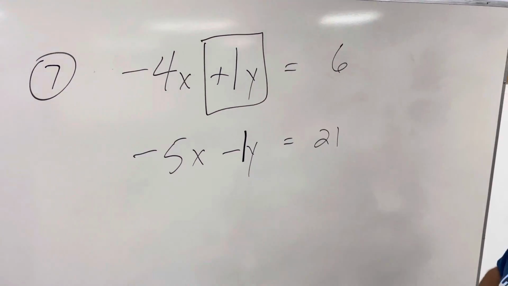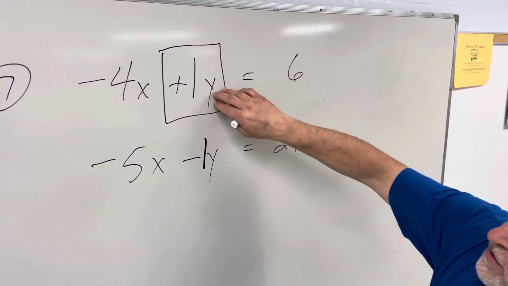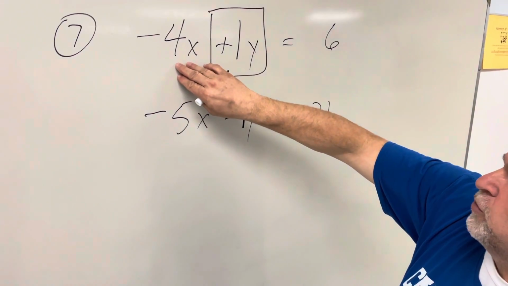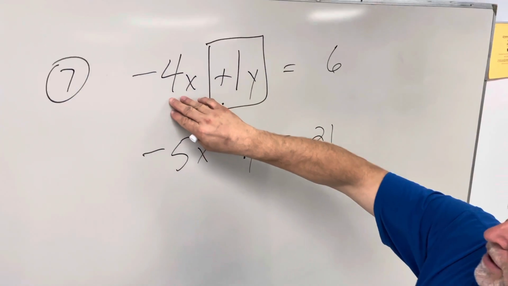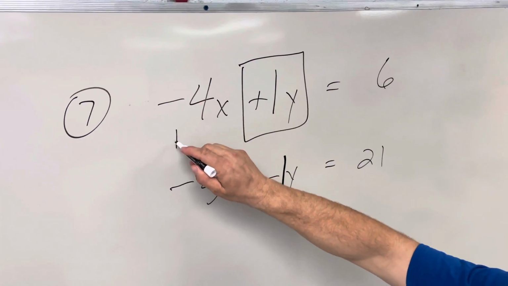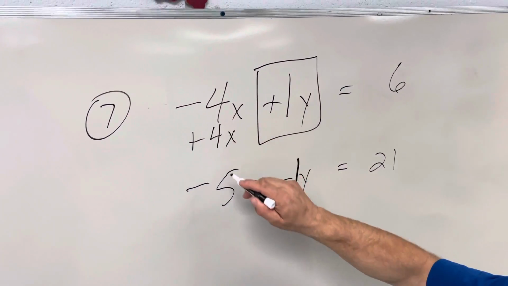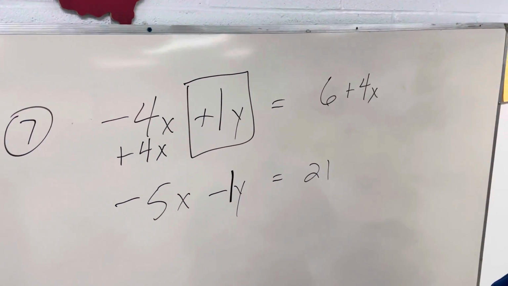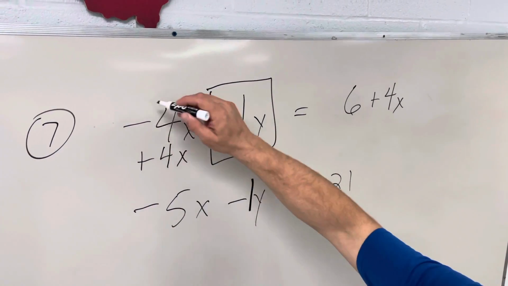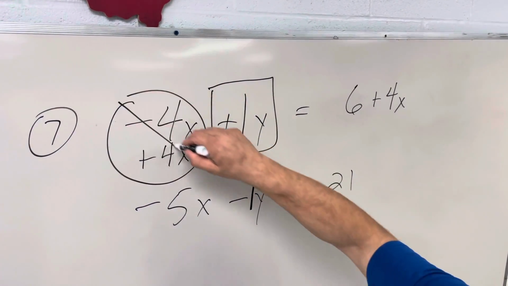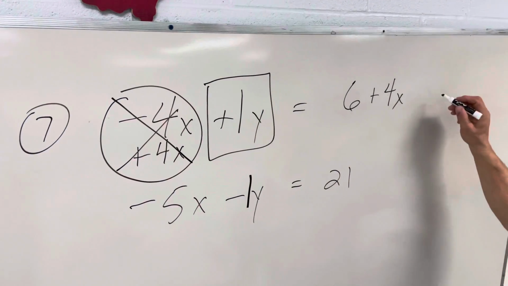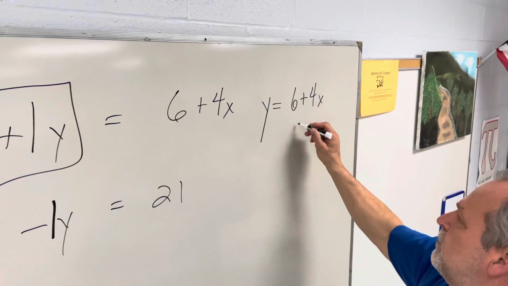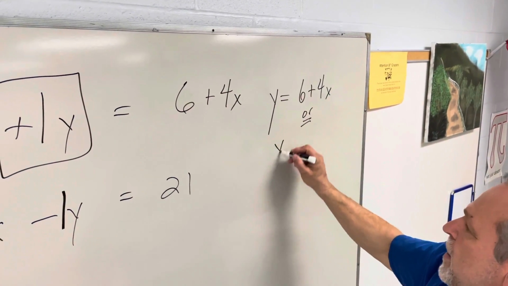So I think the easiest way to solve for this is to isolate it, which means we need to get rid of this negative 4x. And the opposite of a negative 4x is a positive 4x. So we simply add 4x to each side. So in doing so, this part right here goes away, it cancels. So we're left with y equals 6 plus 4x,